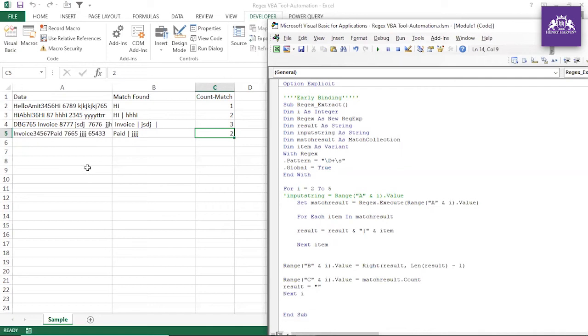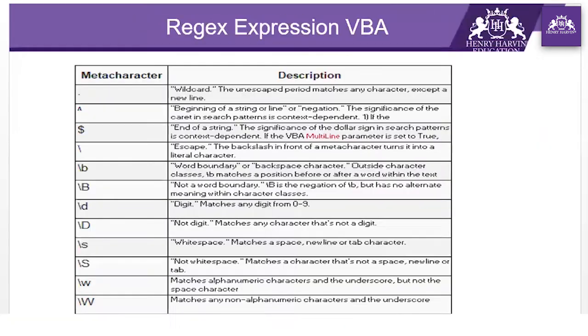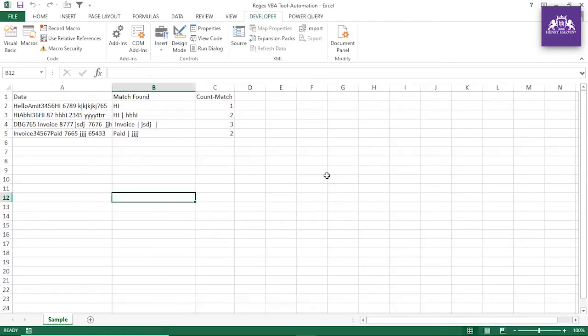Let me tell you some more things, guys. I have not mentioned one, actually I forgot to mention over here, asterisk. Asterisk is also used in regex. What does it mean? It matches as many values as possible. That I will cover now. I hope, guys, it is clear to you and you can understand how important that is.